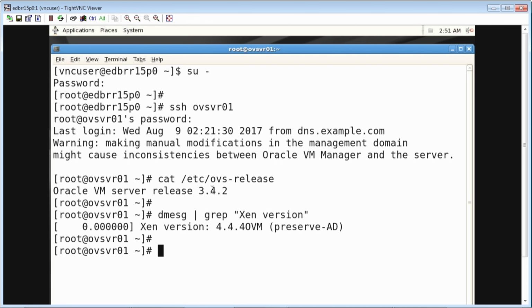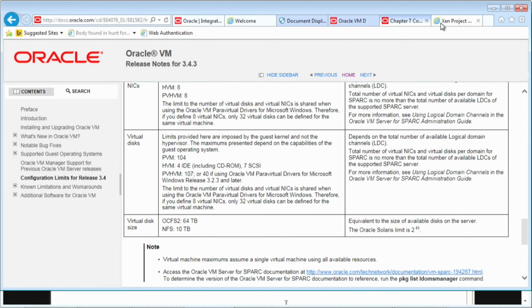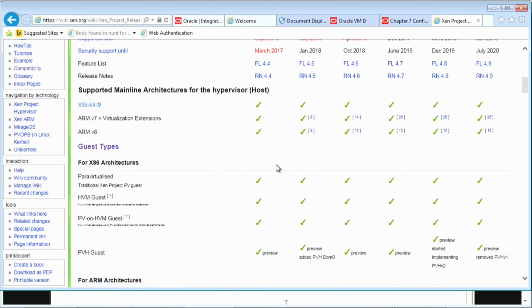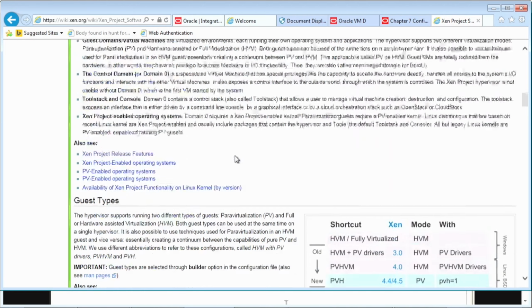You see that we have a different version or release than, for example, the Xen project, right? Because Oracle VM Server is based on Xen. For us, we are using this release, but it's important to know which Xen version is included. It helps us, on the website for the Xen project, to know which Xen version is supported, and for example, for guest types, it shows us